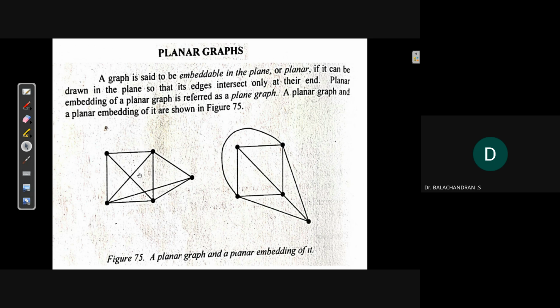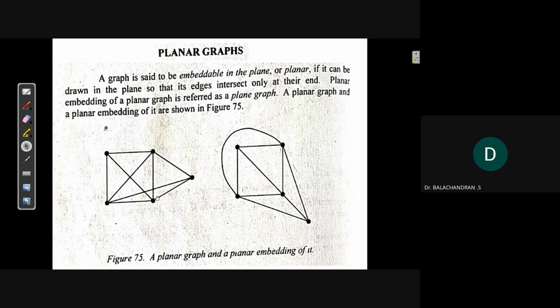Here, a planar graph and a planar embedding of it are shown in the figure. So, this is a planar graph, and this graph is redrawn like this. Both of them are the same graph, but here, if you look at the edges, these two edges are intersecting. But if you redraw this graph,